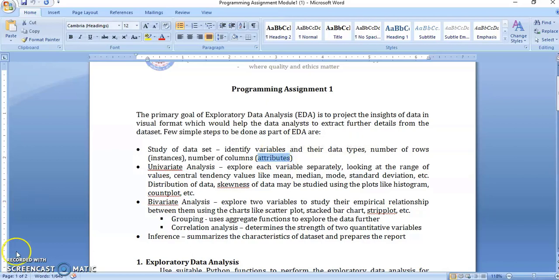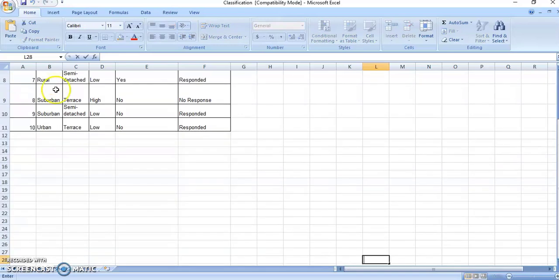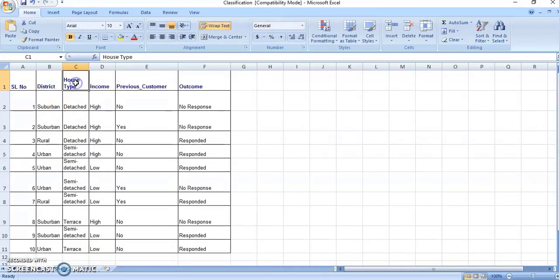Now let us see an example of a simple data set which contains different tuples of records for a specified analysis. Consider this data set which consists of 5 different attributes: district, house type, income category, previous customer, and the outcome. Here, this is called a column, which contains the attribute named district.